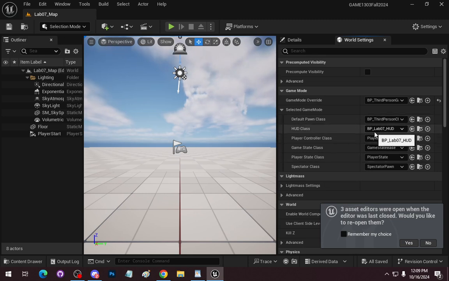I've basically built a BP Lab 07 HUD. I've gone in and I've got a new version of the lab document, which I don't think I've uploaded yet, but I'll do that after class. So those of you who are having issues with what's going where and why, the lab document clears that up. So with the HUD in place,